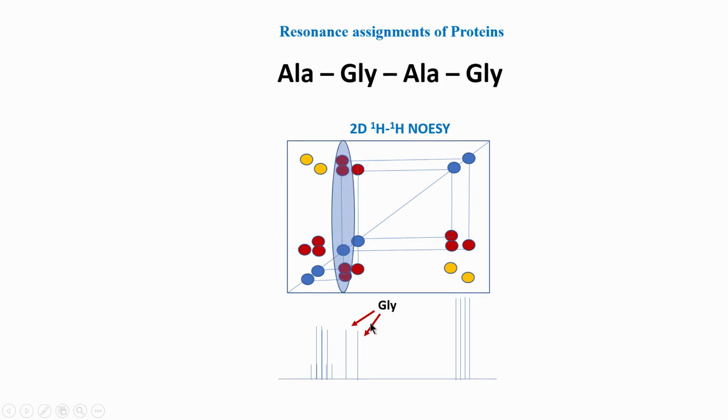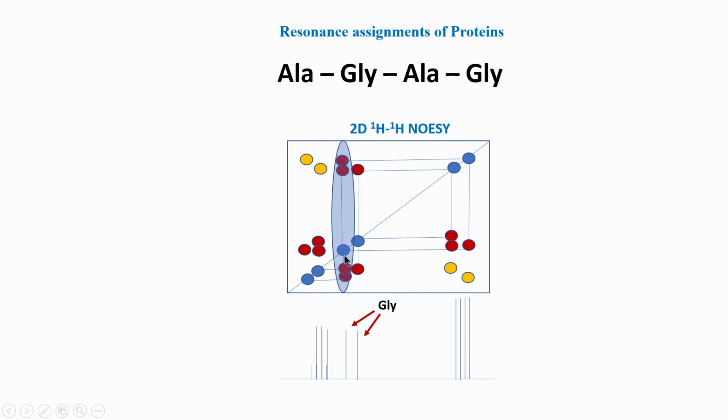Now let us focus on this glycine here. If you look at this glycine, what do you see? If you go vertically, or down either way, it is showing me connection or correlation to both the alanines, the beta protons. So, it is showing me to both the alanines. Similarly, when I go to the alpha side, it is showing me to both the alpha protons. This is the alpha proton, these 2 of alanine, and these 2 are beta protons.